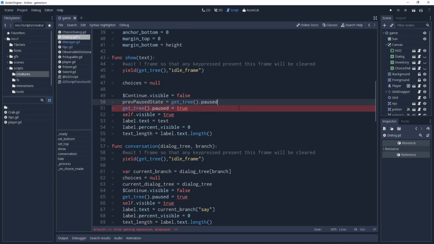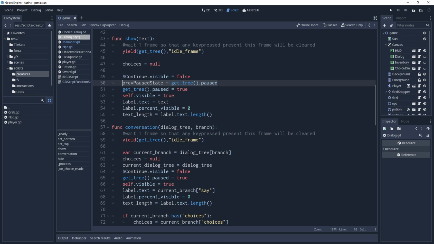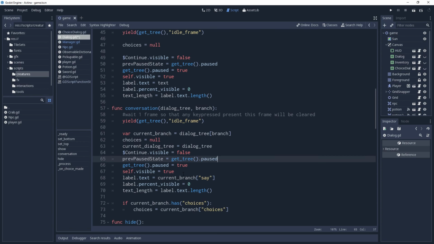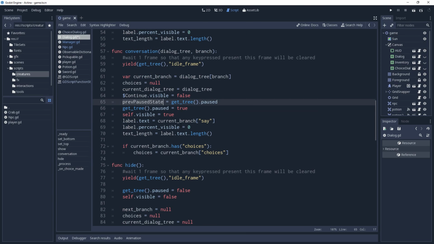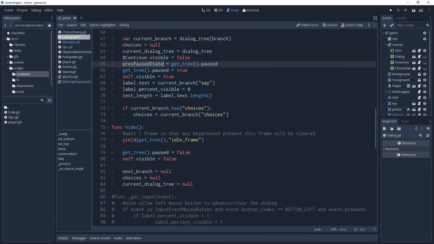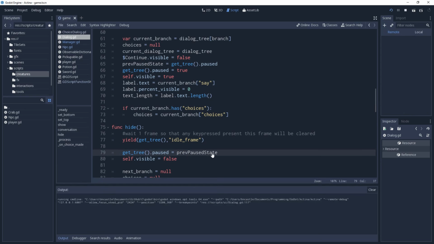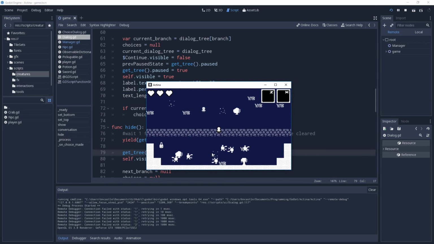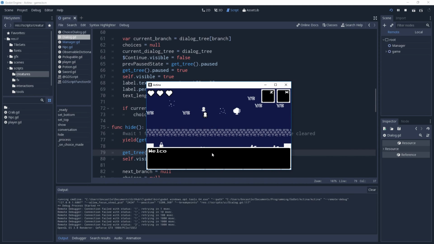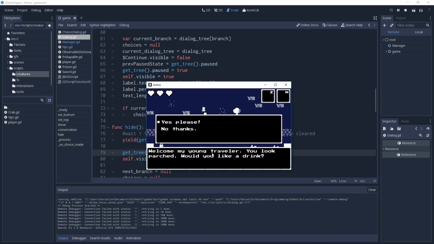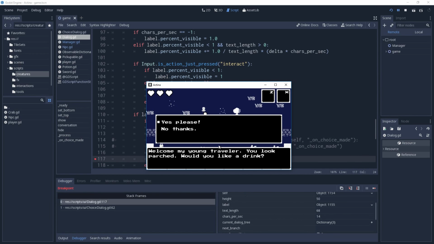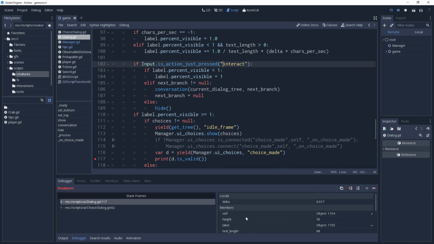I want this, so I really want it on both. I want it here as well. I forgot I had two methods that show the dialogue, so that is what we want. We never want to assume that it was running before we decided to pause it. Okay, so there you are, and we're still back to this,